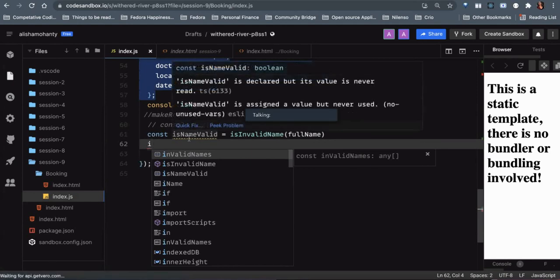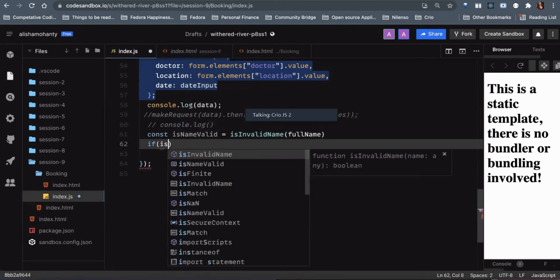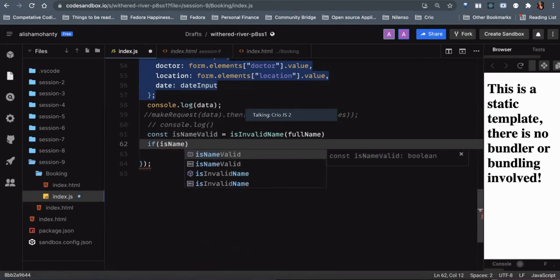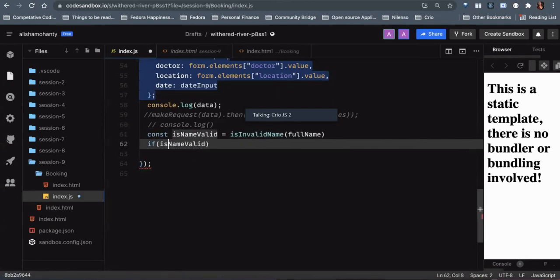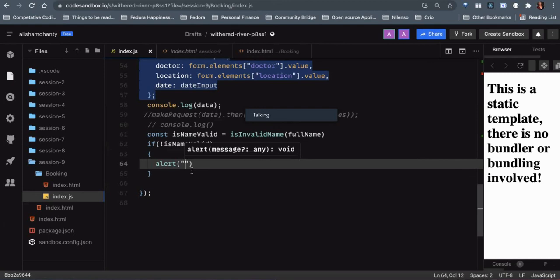If is name valid, not, if that means it is not valid, then we would allow it in the sentence that I have pasted. Yeah. So